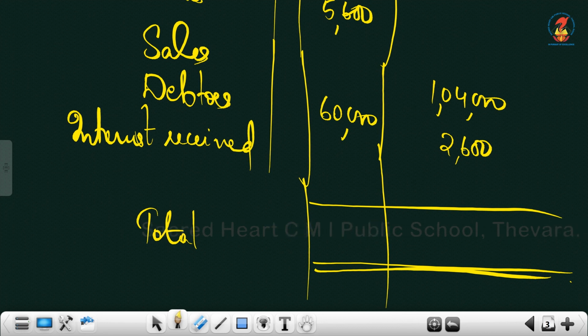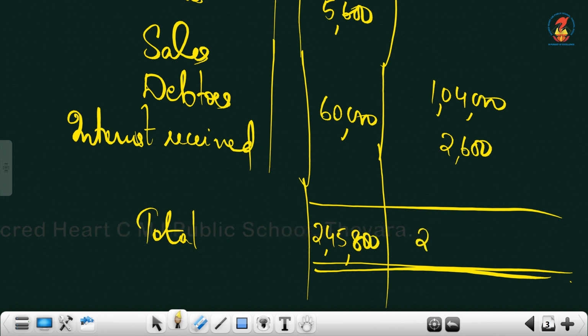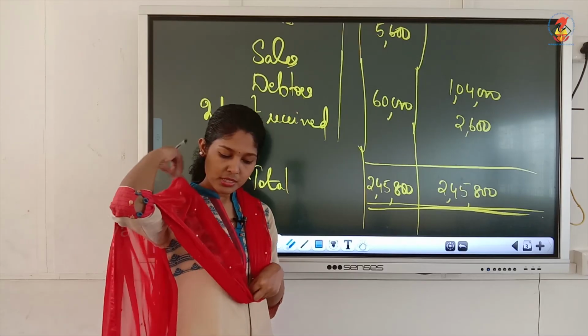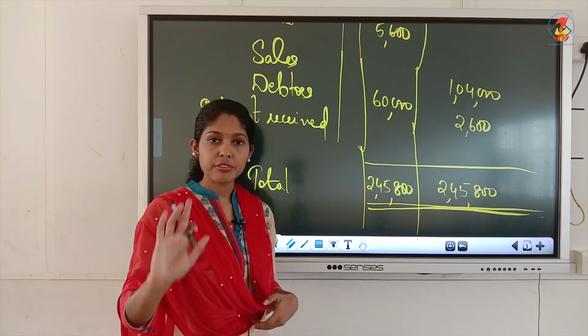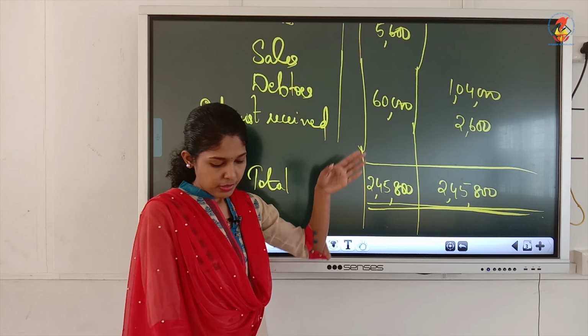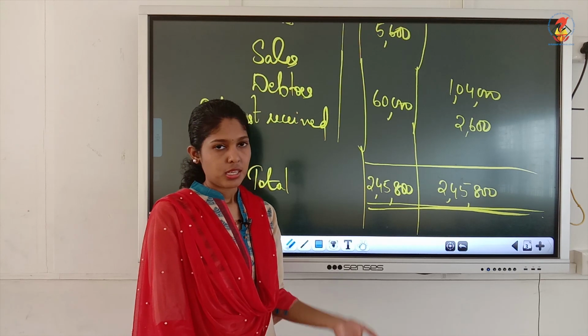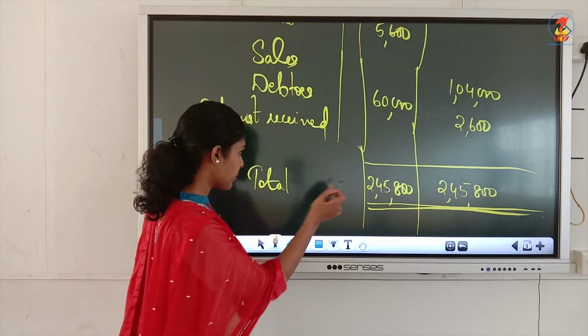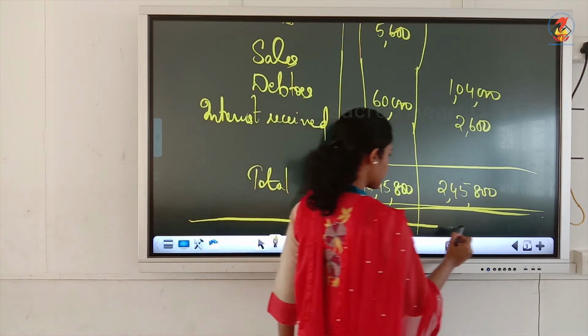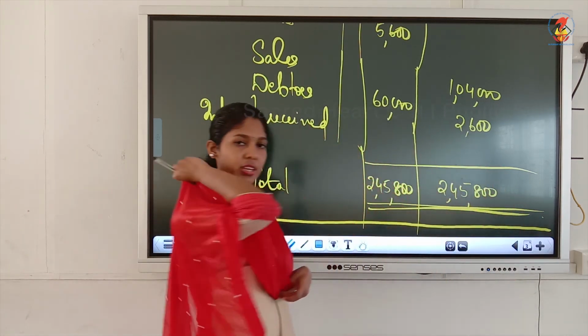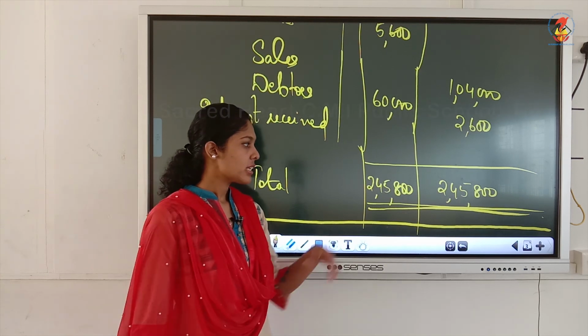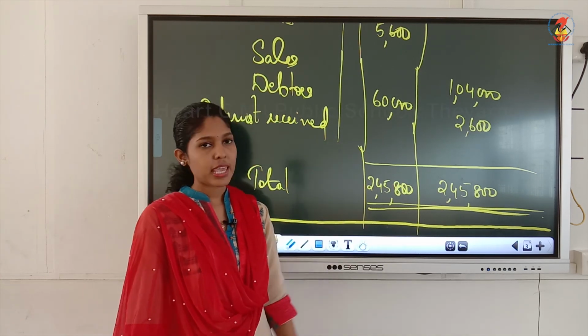So, total here is 2,45,800. The same is given in the question, but in the question there were some mistakes. Debtors they have written as credit balance, but it is actually debit balance. For bank overdraft, it is actually credit balance, but they have written it on the debit side. So, there are mistakes, but the total is correct, but you have to always check the total. Sometimes the figures can be different also. So, always add and write the figures, and it should be same on both sides.